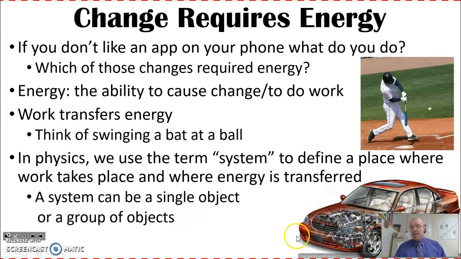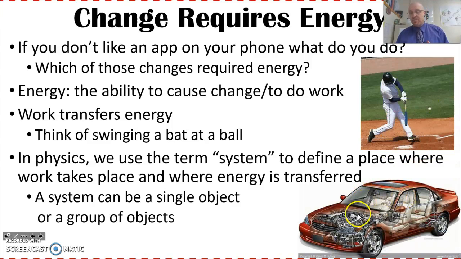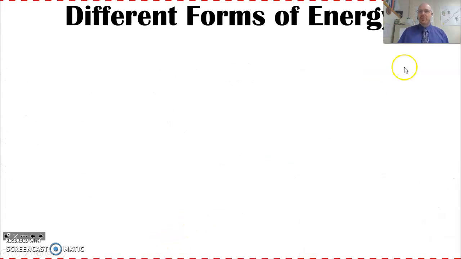Think of, for instance, a car. Inside of a car, there are actually many different systems. You could call the engine itself a system. In one part of the engine, one cylinder, that could be a system. Or we could look at all the different systems that take place in the car, which is then one system with all the many different things inside of it. So we can see how we can break that apart and change things depending on what we're focusing on. And typically, the more precise the measurement, the more focused you are on the particular system or group of systems.